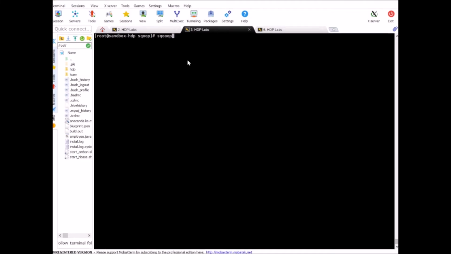Alright, so let's run this. Sqoop import all tables. So we are importing all tables from our Sqoop database.